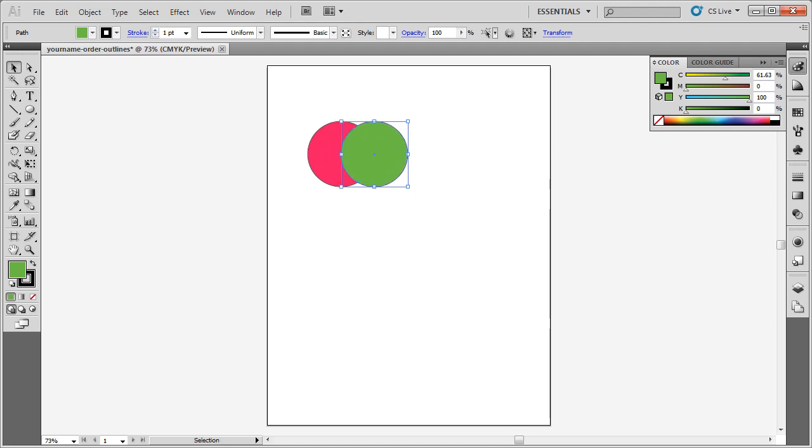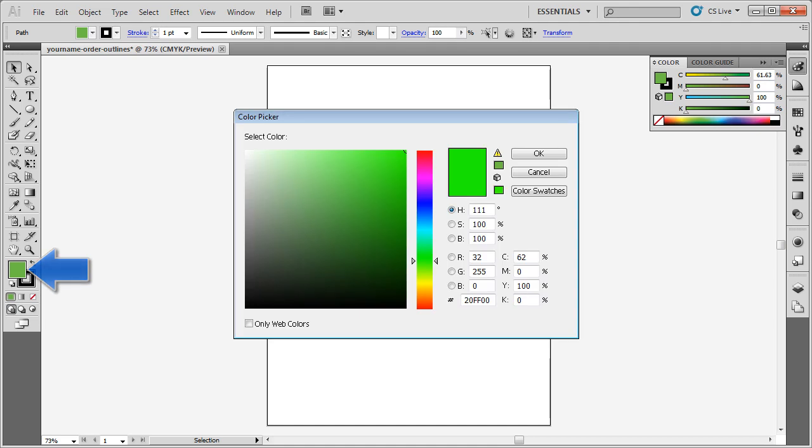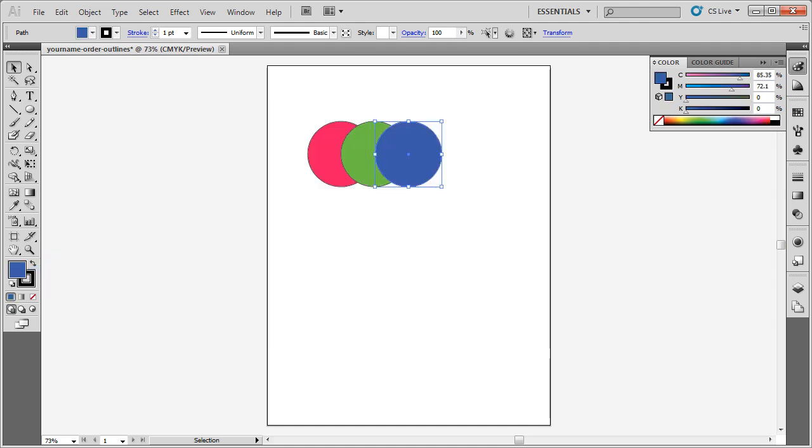I'm going to create one more circle by pressing Alt on the keyboard and dragging this green circle. And I'm going to turn this circle blue. So I now have these 3 circles, red, green, blue. And I want to talk about something important inside of Illustrator, and that's called the stacking order. Stacking order is the order the objects are inside of Illustrator. Right now, the red is the furthest behind, the green is sandwiched between the blue and the red, and the